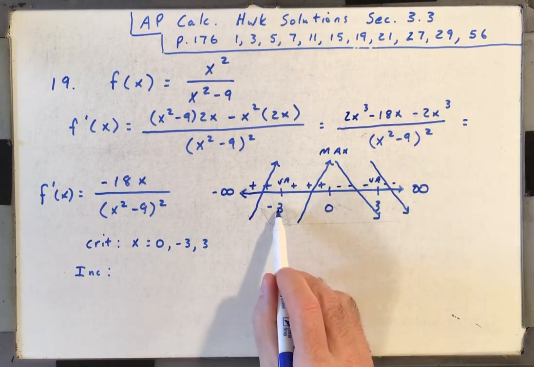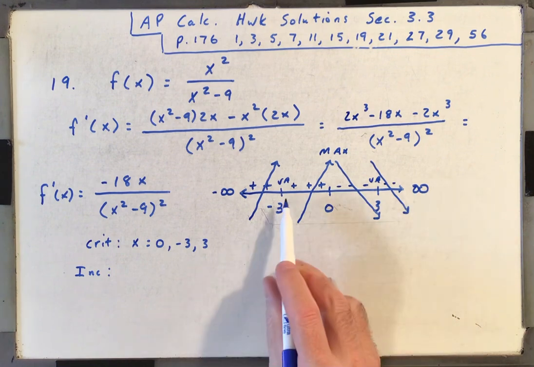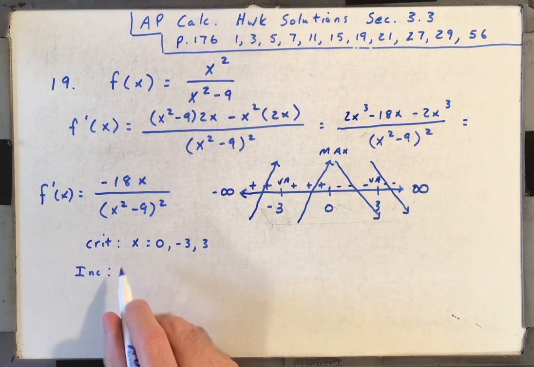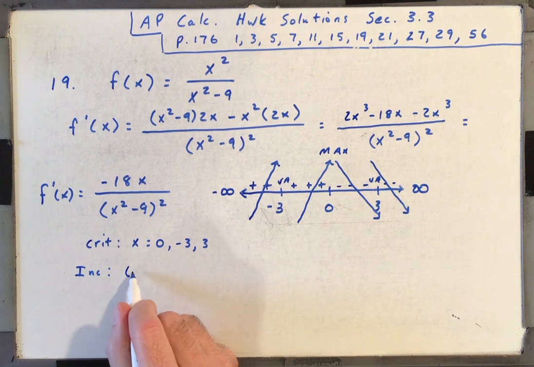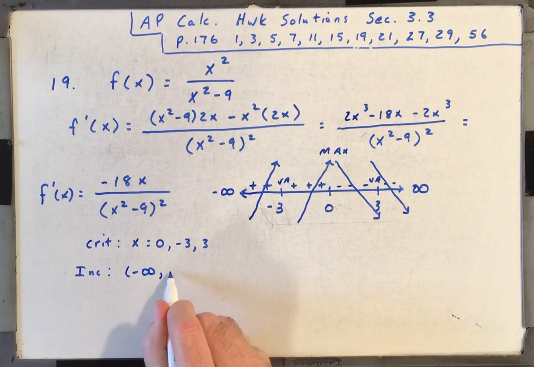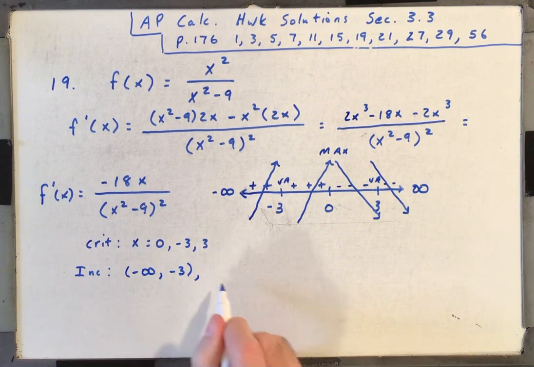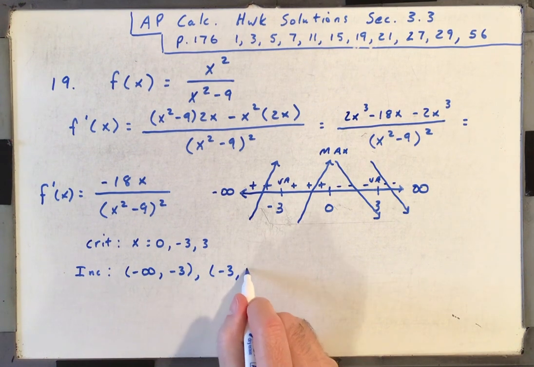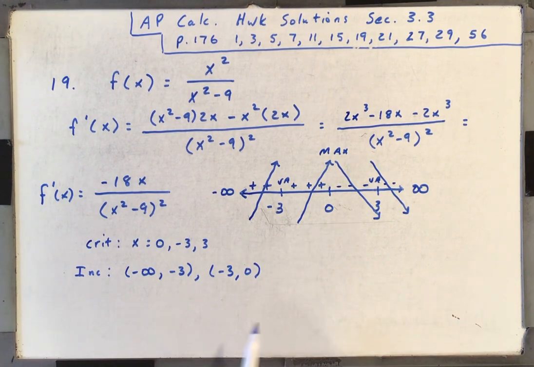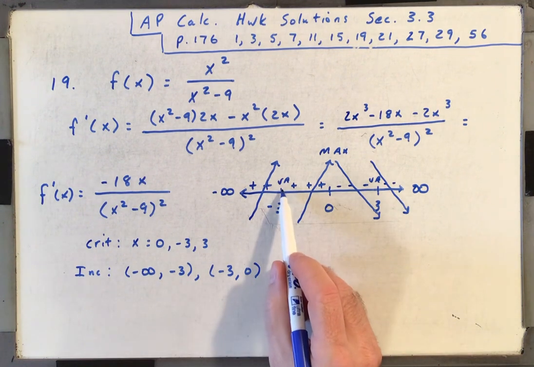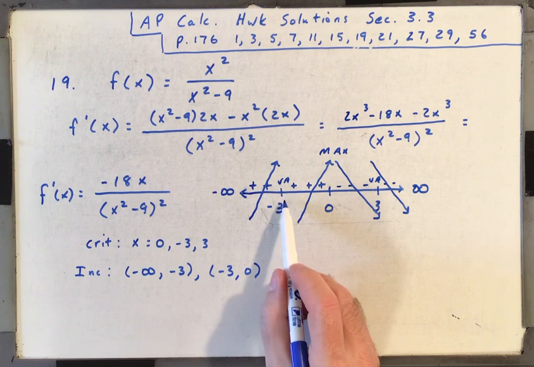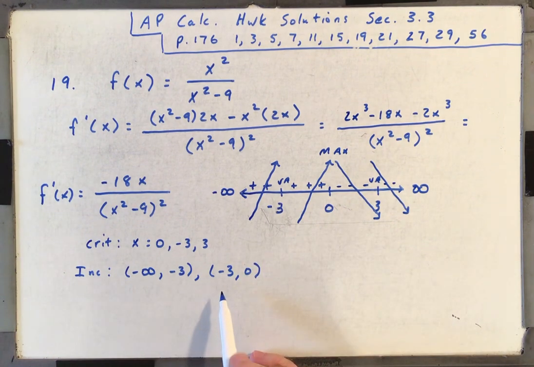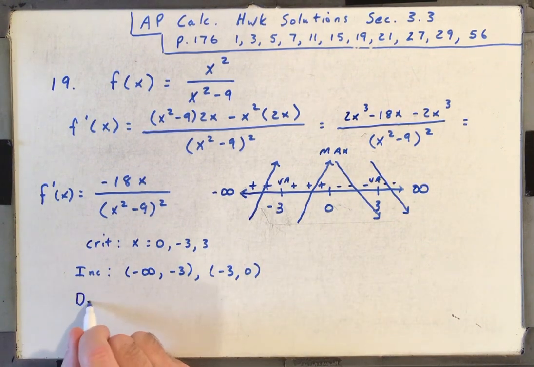So we can't include -3 and 3. We can't cross that. So we're increasing from -infinity to -3. And also from -3 to 0. But we can't say from -infinity to 0 because when you hit that vertical asymptote, you can't include that in the interval. Then we are decreasing